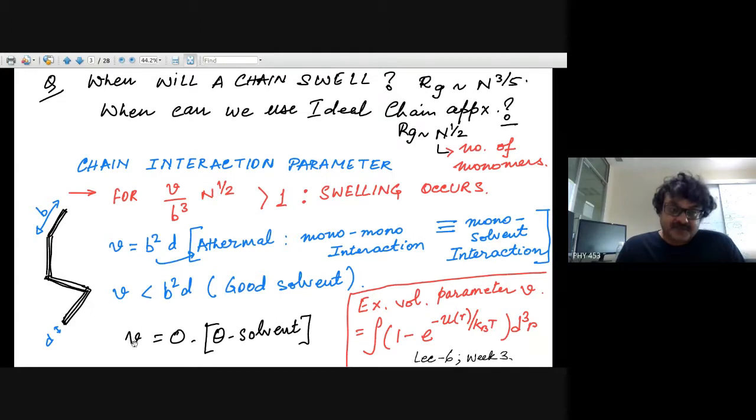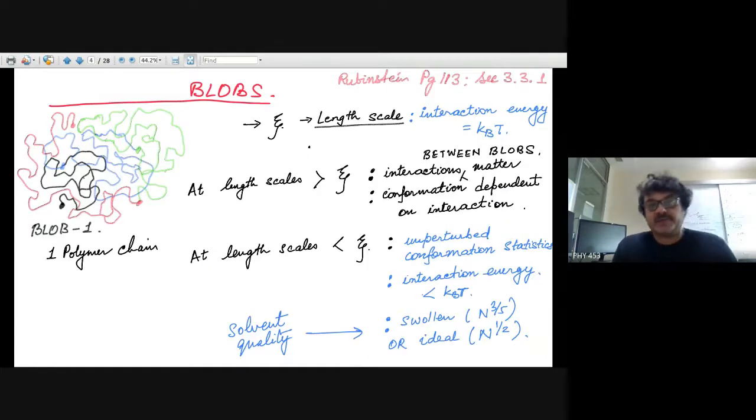As v becomes smaller, the attraction between monomers increases. At one stage, v can become equal to 0, and that's when the entire polymer chain behaves like an ideal chain, and the ideal chain approximation is valid. Rg goes as n to the power half. And when v is negative, the chain collapses. Collapse means it is in a poor solvent or bad solvent. Okay, so with this background,